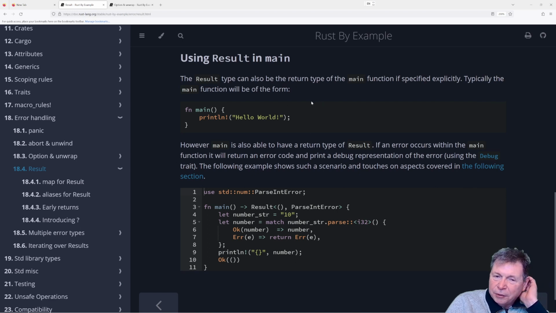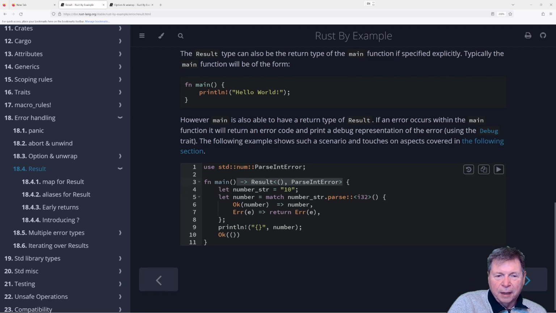Result type can also be used to return type in main if specified explicitly. A typical main function would look like that. Now we can say result. Okay. Okay. Nice. So now, because it's returning that, I assume we can use the question mark in main.